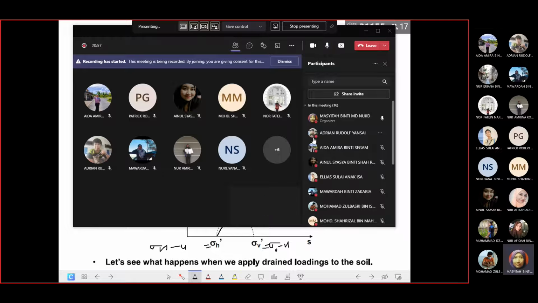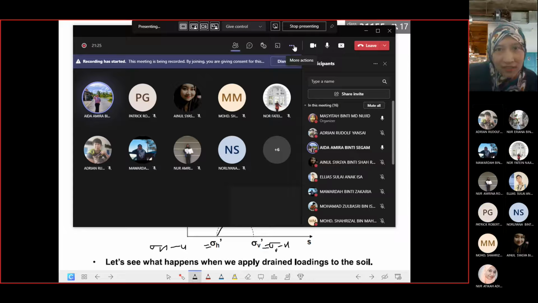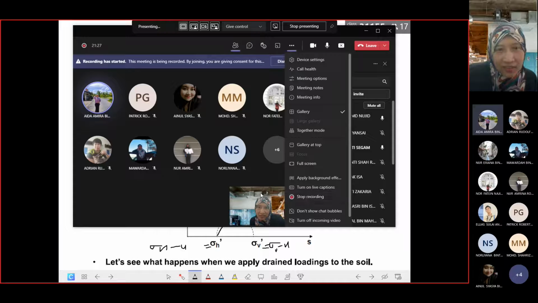Okay, pressure. Okay, Aida, what is the pressure? Apa dia pressure? Pressure when loading is applied on the soil. Depends on the conditions of the soil, whether it's saturated or not, I think. Okay. Thank you for